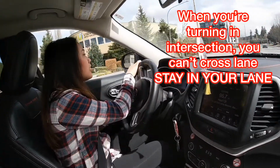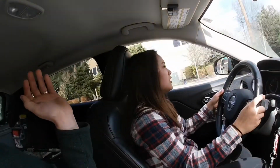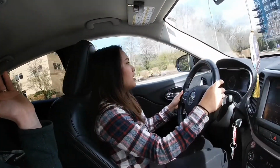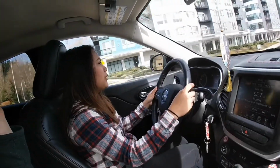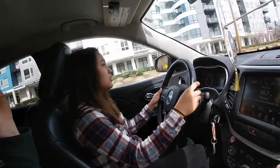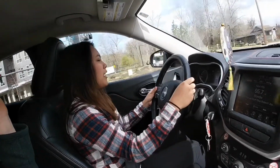Okay, can cross lanes. Gotta stay in my lane. That's right. You're not supposed to cross lanes during an intersection change. Most people do it. Traffic light is stale. So a point of decision is go now. Sure. You technically. Speed limit is 35. I'm doing